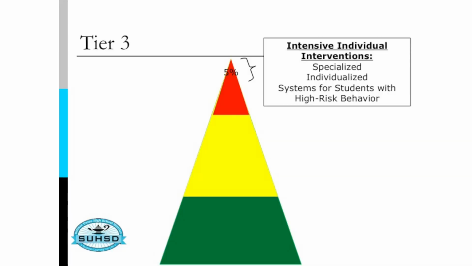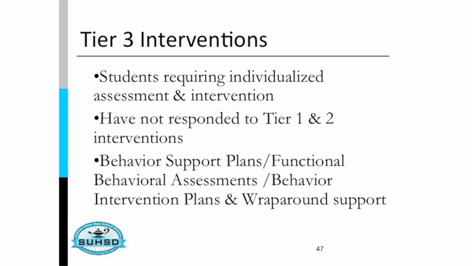So our tier 3 students are our students that need, as we talked about, that 3 to 5%, a lot of individualized support. These are the students that we see frequently, and we've oftentimes tried a lot of different things, so they'll need continual support. Typically, when we serve these students, we want to provide some type of assessment, and I'm not talking about a special ed assessment per se, but just some type of